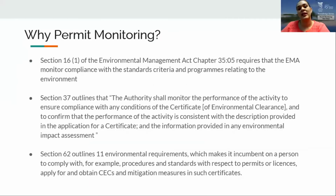So why does the EMA monitor permits? The EMA undertakes the monitoring of permits as guided by legislation. The Environmental Management Act, in particular Chapter 3505, states, as you can see on the screen now, that the EMA must monitor the performance of the activity for which a permit has been issued to ensure compliance with any conditions within the Certificate of Environmental Clearance and to ensure that the activity progresses in a manner consistent with the description